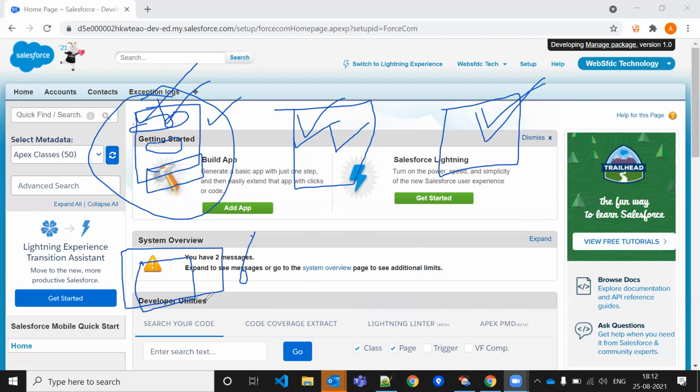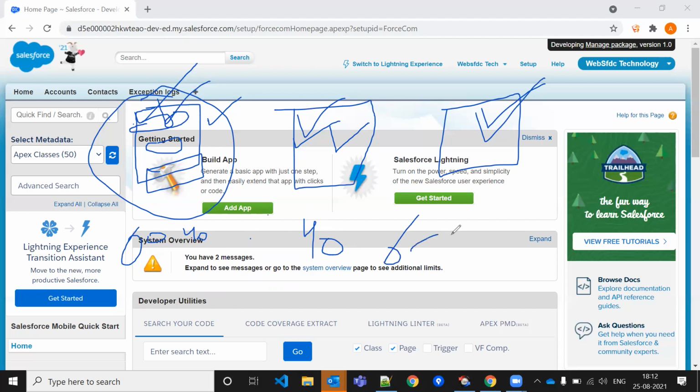So after 2014, Salesforce brought the lightning component. In the lightning component, as I told you, visual force page is a 60-40 ratio, and in case of lightning component it's a 40 to 60 ratio. Again, it's the opposite now.